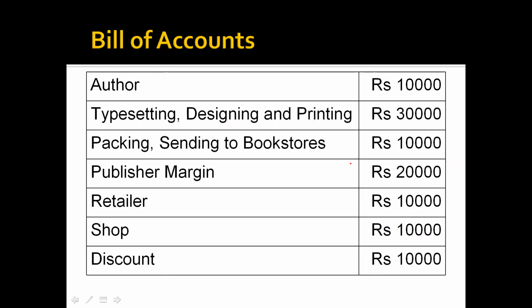In other words, as we have already seen this on day 1, I think, suppose you are only writing a book, you get only 10%. If you are also doing the work of a publisher, you will get this cost. When you are delivering by hand, you get all this money. Suppose you are giving to the shop, you get this only. When you are giving to the retailer, you get this only.